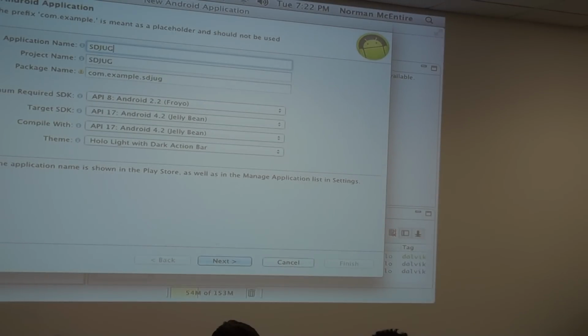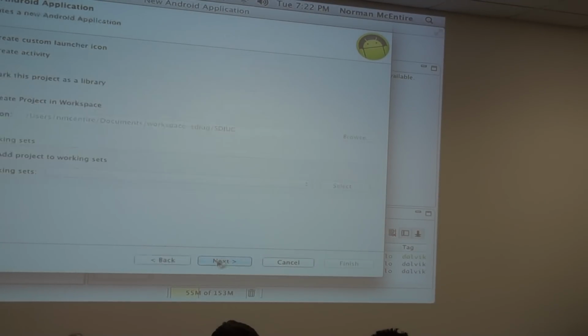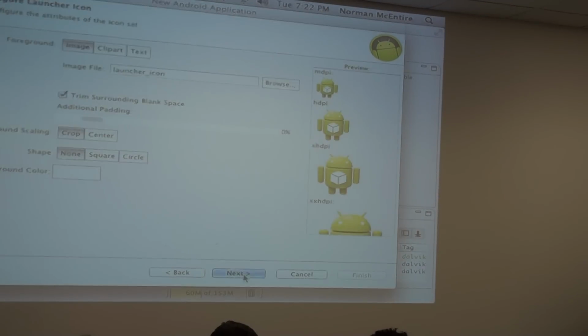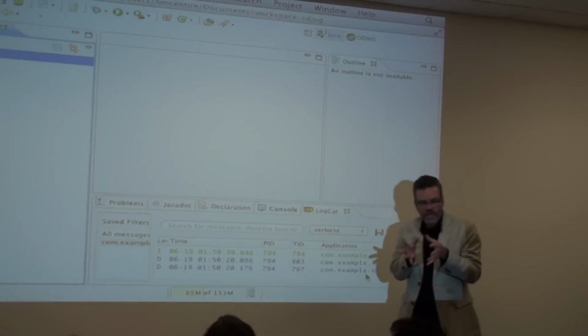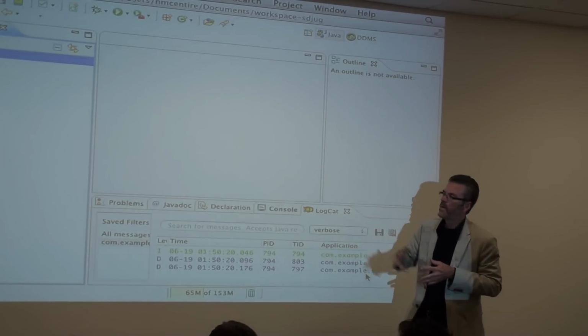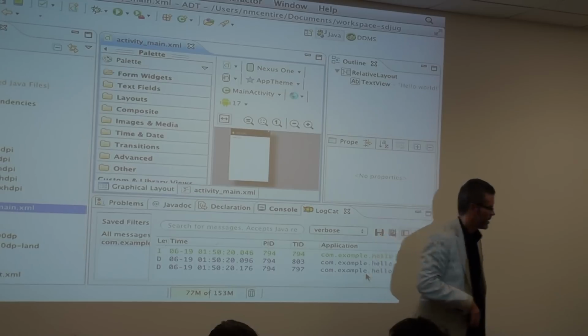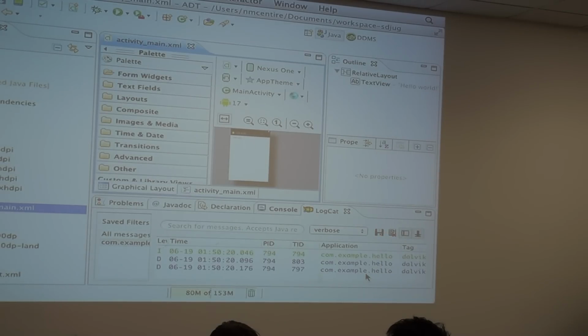Let's use all the defaults and just click through here. There's a bunch of questions we could answer, but let's just take the defaults and find out what do we get, particularly from a Java source code perspective, what do we get in this project? Well, the answer is we come over here in our Project Explorer and go under the source, and I want you to observe we have a package,